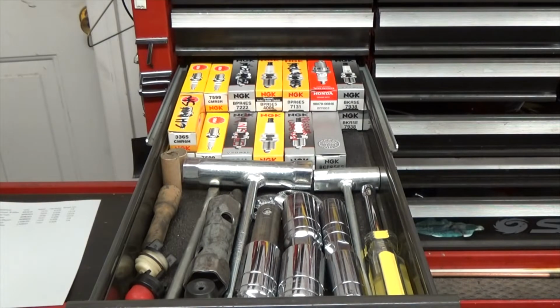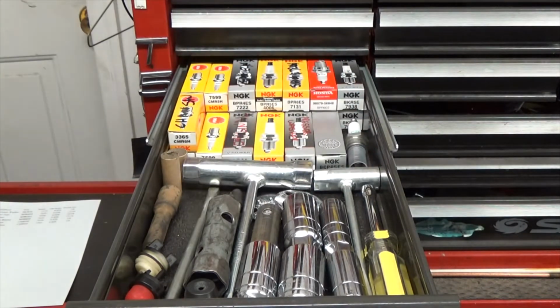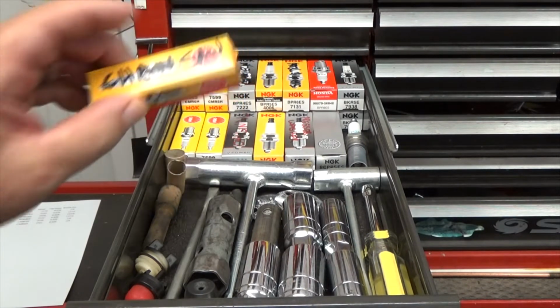So my whole point of this video is spark plugs are just one of those things that a homeowner doesn't really think about. I mean, you get a spark plug, they tell you to change it every year, but I don't do that. I only change it when there's a problem, or if I change the oil or something, I'll look at it, and if it looks a little suspicious or all gummed up or some other thing, I might change it. You know, with the chainsaw,